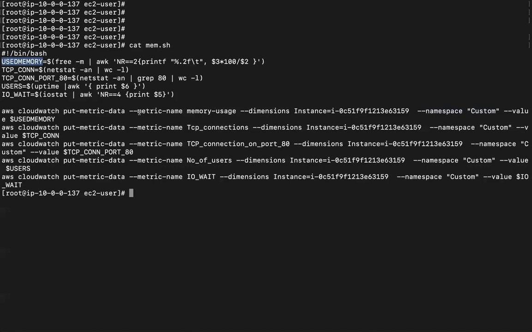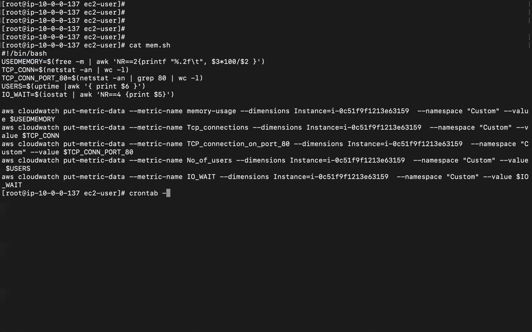So this is how you send out the metrics from your EC2 instance to CloudWatch as a custom metric, because AWS does not support memory metric as an out of the box metric, right? So it considers memory usage or memory utilization as a custom metric, but you do get CPU utilization and so on. So once you have enabled this, the next thing that you have to do to send it out on a periodic basis is configure crontab.